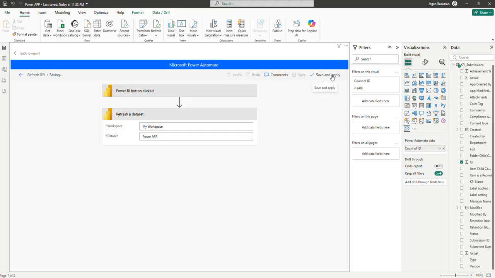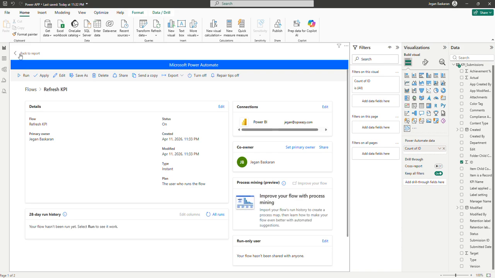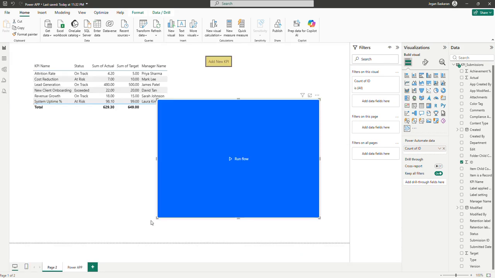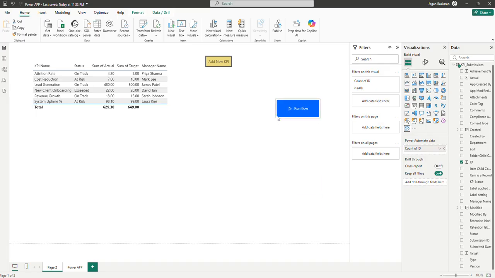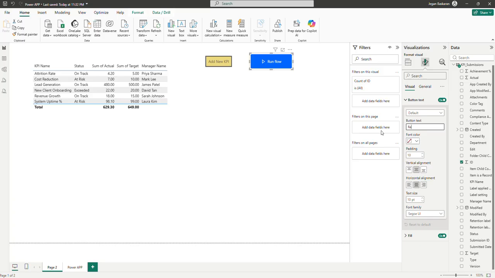You can go back to report. Now this is showing like a button and says run a flow. So this is good enough. You can even rename this button text as refresh KPI,